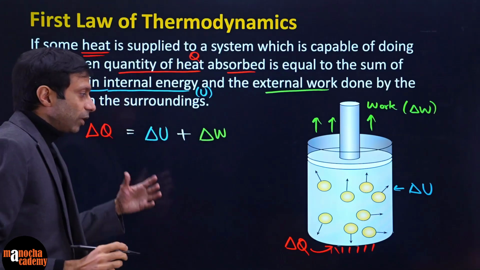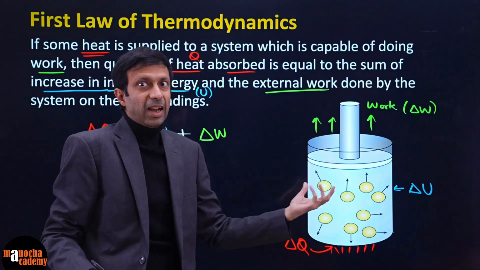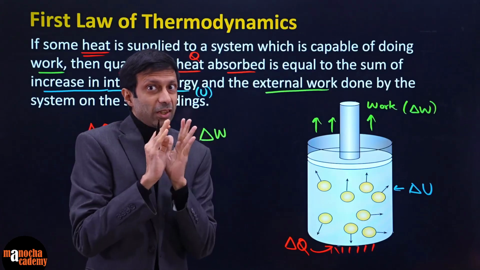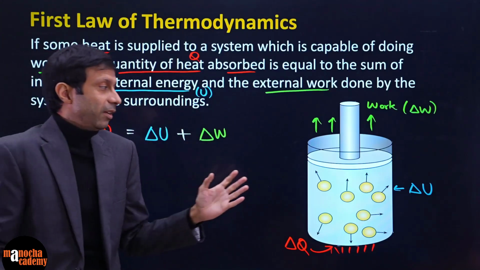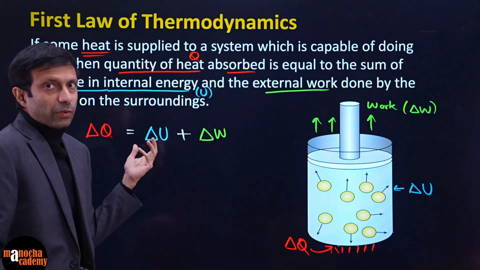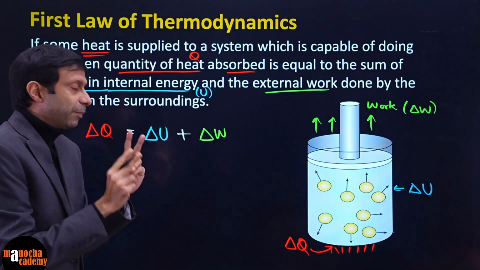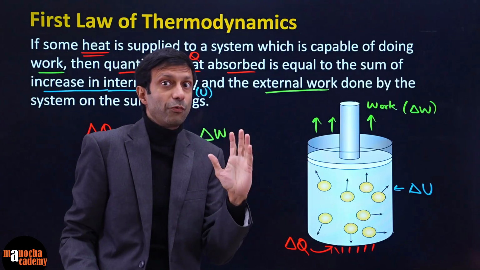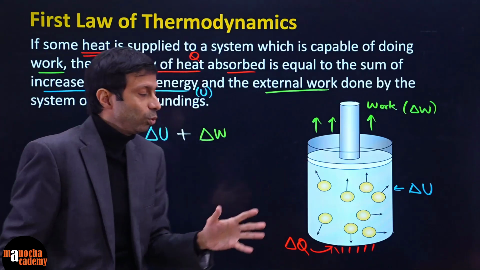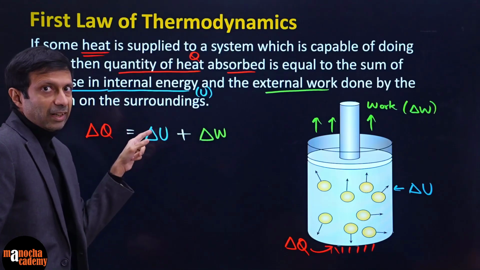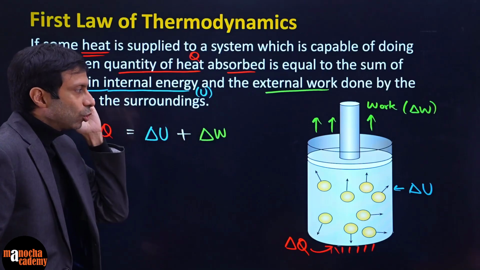That's it. The system is taking in some heat and using it for two purposes. Only for two purposes. The first law is saying there can only be two things it can do. It may do one of them also, or both of them, but there are only two possibilities. The heat can be used up, because remember, heat is a transfer of energy. It's not a form of energy. It's a way to transfer the energy to the system. So when we are heating up the system, it is being used to increase the internal energy, the delta U, plus to do some work.